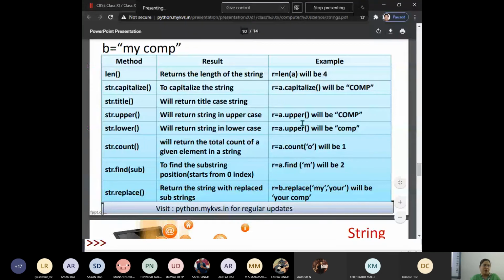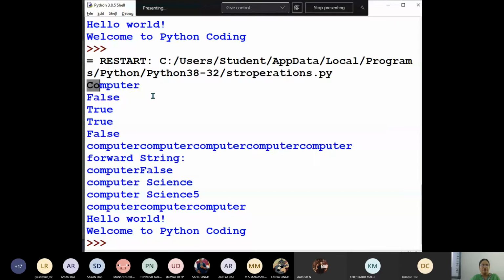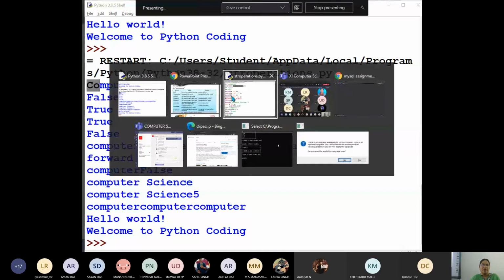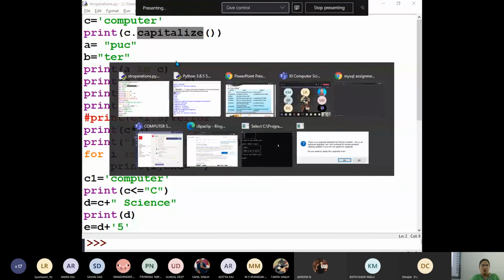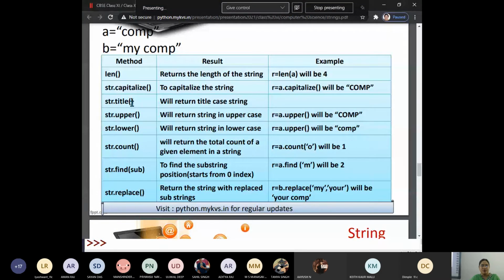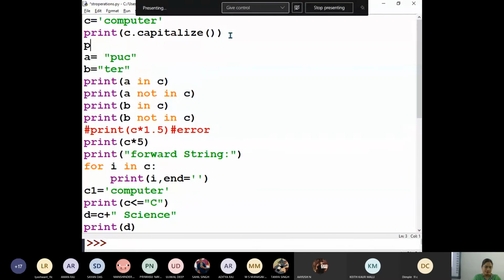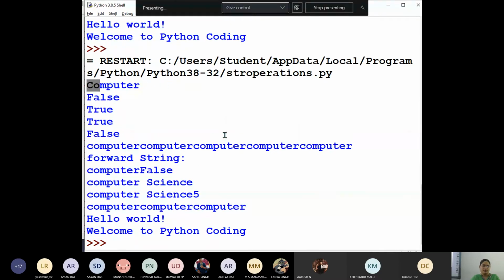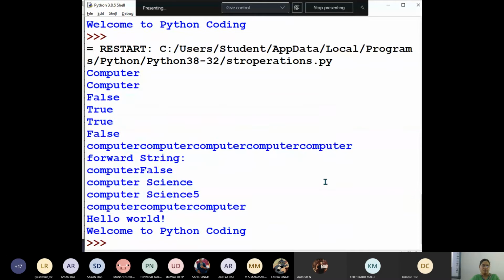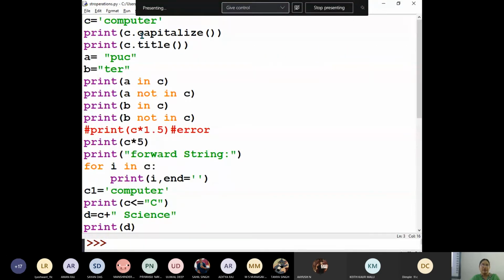Now length function, length we have already done, in the range also we have done, right? So now let's see title case. Title case will change the first character to the capital letter.